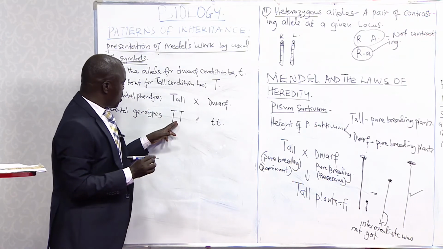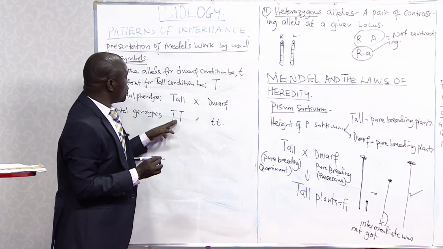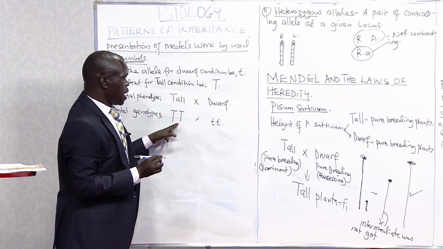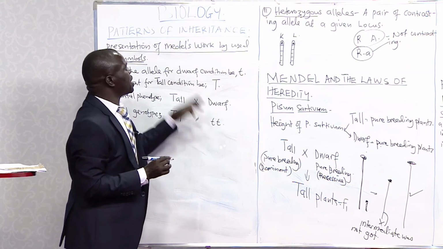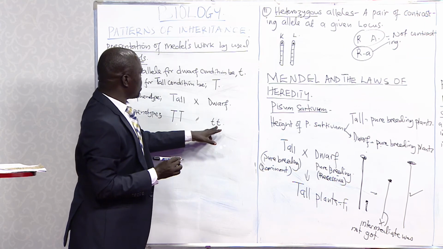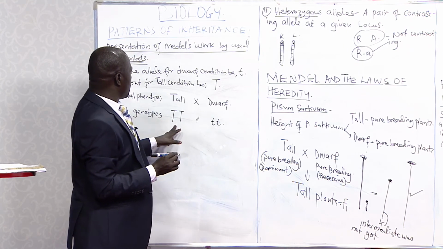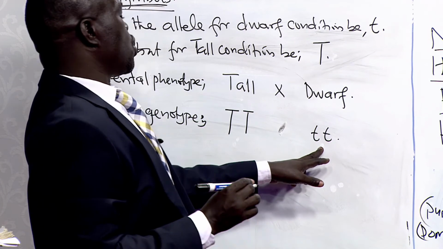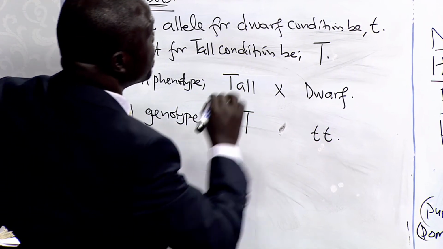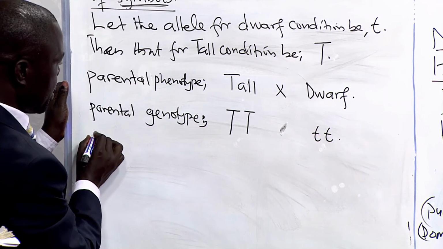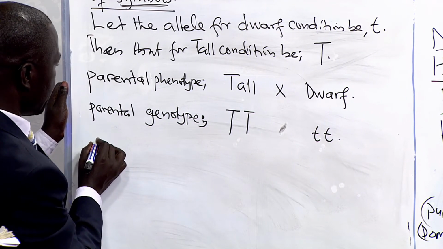So these ones are homozygous, a pair of identical alleles. Heterozygous, we shall look at them here. This is homozygous tall. Look at the definition of homozygous and heterozygous. Then, next, we are going to look at